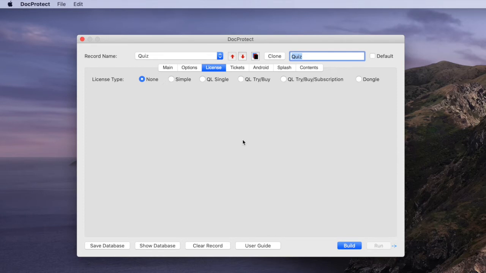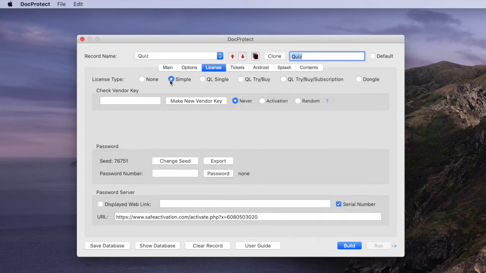In addition to producing an application that can be freely distributed and used on any computer, you can also apply various types of licensing with DocProtect. For example, if we want to provide a simple perpetual product type license, we can do that with features that come directly in DocProtect. We just select the simple license type, and then we can either apply an offline license